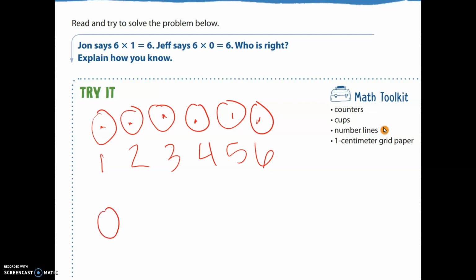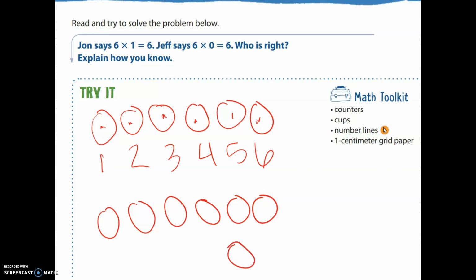Jeff says there's 6 groups of 0. So that would be 6 groups, but nothing's in them. So if there's not anything in them, there's nothing to count. So the answer would be 0. So John is right